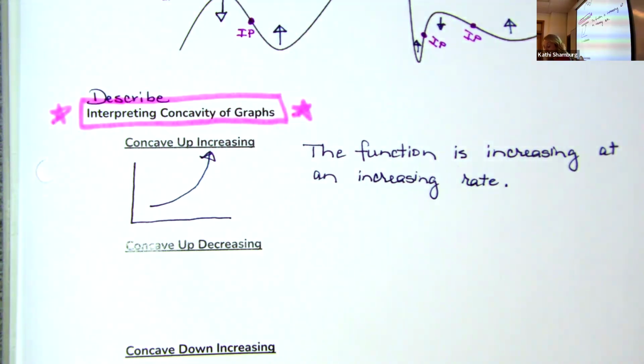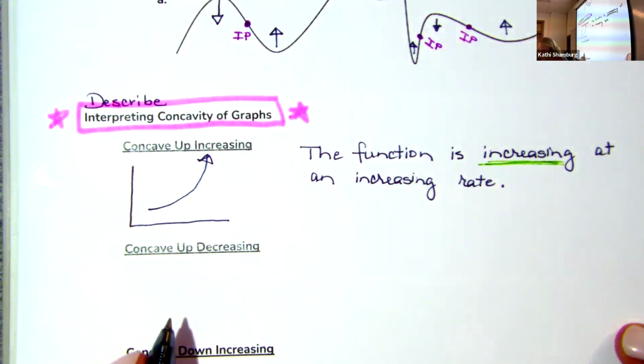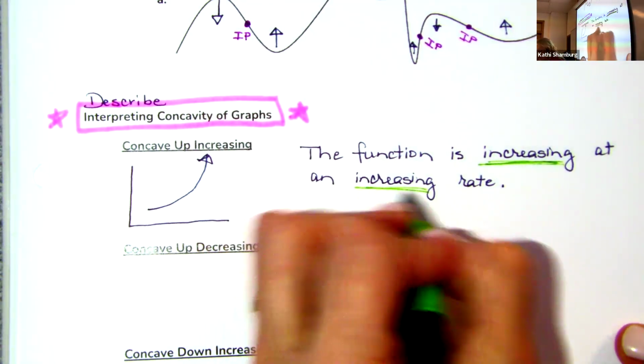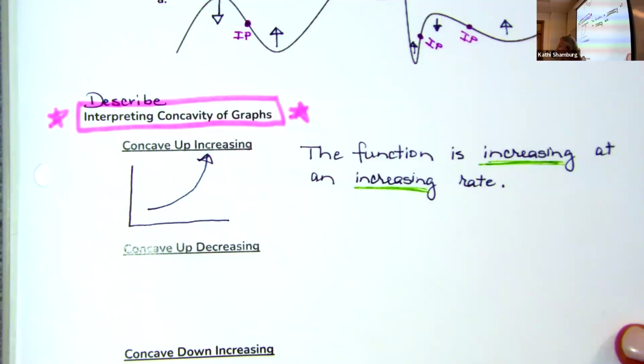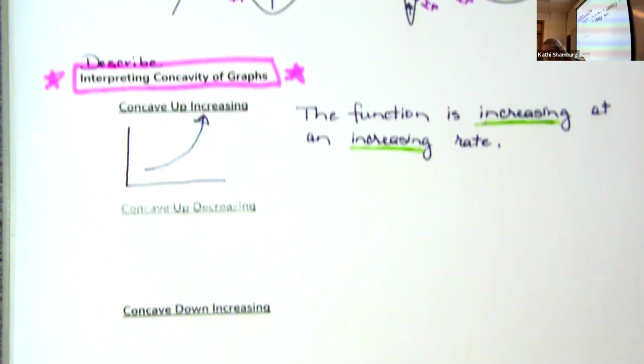And so the things I'm looking for is that you know that the graph is increasing and that you know it is at an increasing rate. So I'll be looking for those words when I grade those sentences or those describes or interprets. All right,